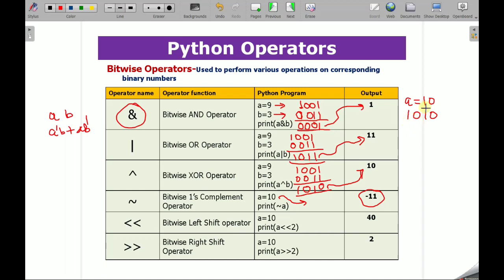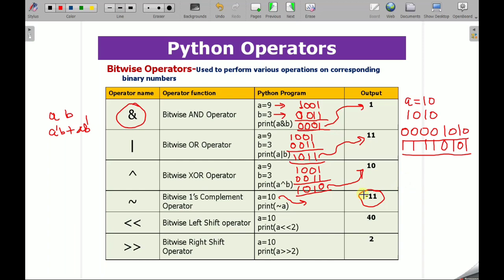It is represented as an 8-bit integer, so you can write it as 0 0 0 0 1 0 1 0. When I convert this into one's complement, all the zeros will be converted into 1, and 1 will be 0, 0 will be 1, 1 will be 0, and 0 will be 1. So you get this number. This is the one's complement of 10. But in the computer you get minus 11. I am going to show the logic behind this, how it is equal to minus 11.